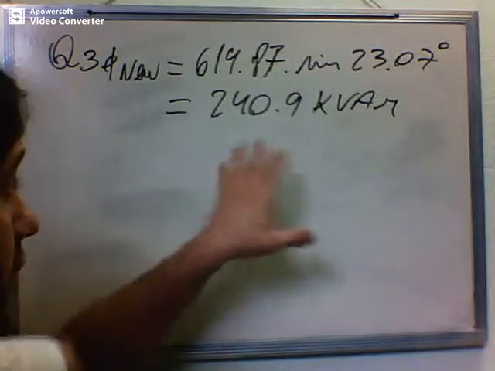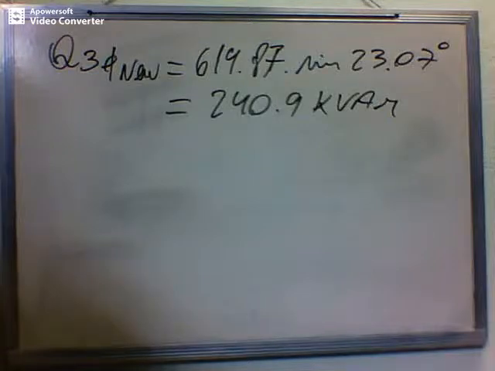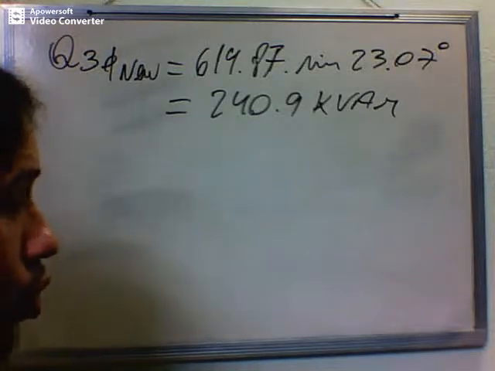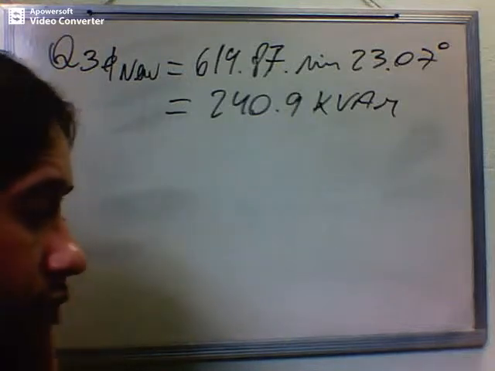But the installation doesn't have this reactive power. The installation has the first reactive power that we calculated. Then the capacitor bank that we are going to install here to cover for the excess in reactive power is going to be